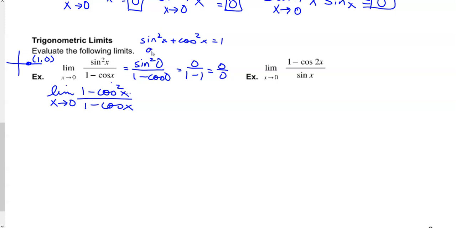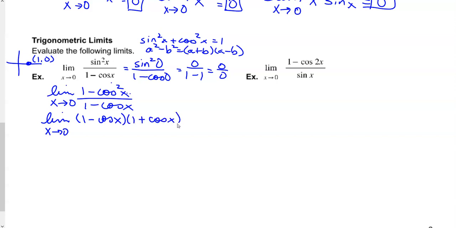So we have that a squared minus b squared, when I factor, is an a plus b times an a minus b, which we've seen before. So I'm going to go ahead and factor a trig function, and that's okay. 1 minus cosine of x and 1 plus cosine of x. And the reason that that's awfully nice is because if we recall what's in the denominator, I have a 1 minus cosine of x, which can eliminate those two factors, eliminating the fact that I get 0 over 0,